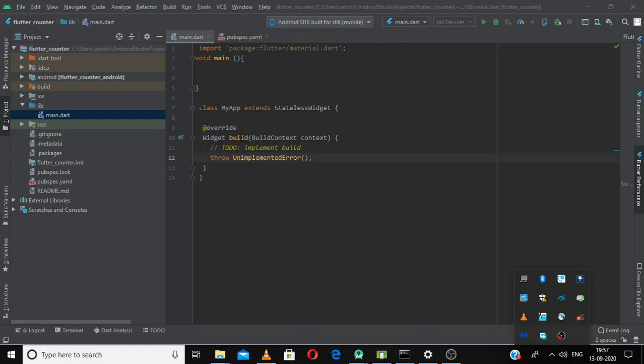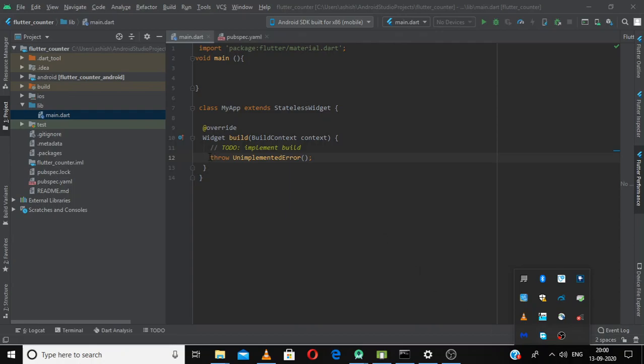So if you see, I have used this build method. Functions inside classes are methods, and variables are properties. This BuildContext is a special type of object, and context is of this type. Whenever Flutter wants to output anything on the screen, it uses this build method. Everything is a widget in Flutter. So this build is of type Widget, and Widget is a class which is defined inside that material dot file.